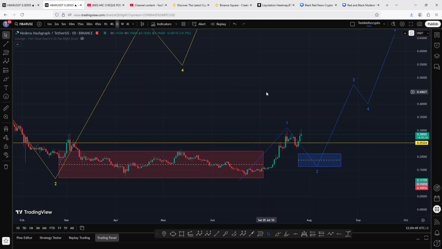Hbar at the time of this recording continues to see higher prices, and we have now managed to break above our horizontal line of resistance above the 0.25324, flipping it back into support. And at the time of this recording, we are now attempting a break above the high we made above the